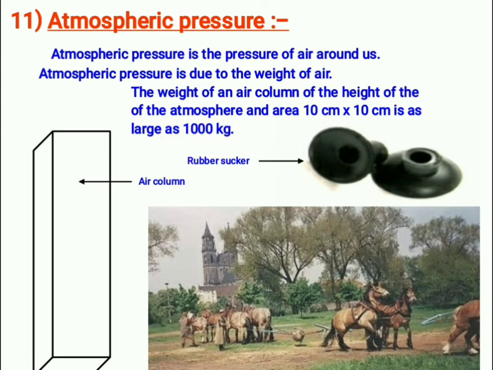How much is the air pressure on our body? But I already told what it is. The reason we are not crushed under the weight is that the pressure inside our body is equal to the atmospheric pressure and cancels the pressure from outside. So they wanted to tell you that there is more pressure in the atmosphere. But why are we not crushed? Because our body pressure is also exerting pressure. Understood? So the pressure inside our body is equal to the atmospheric pressure, and it cancels the pressure from outside.